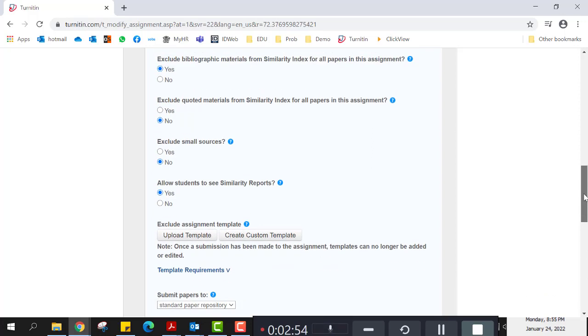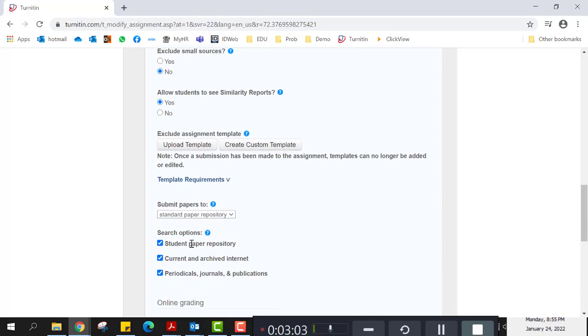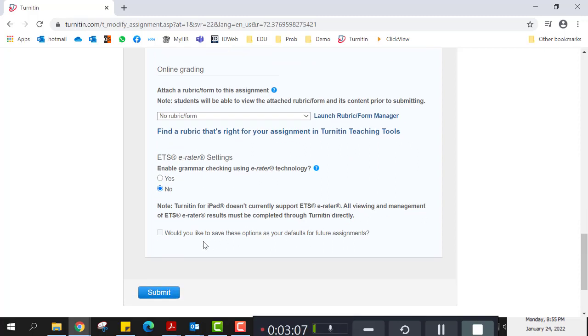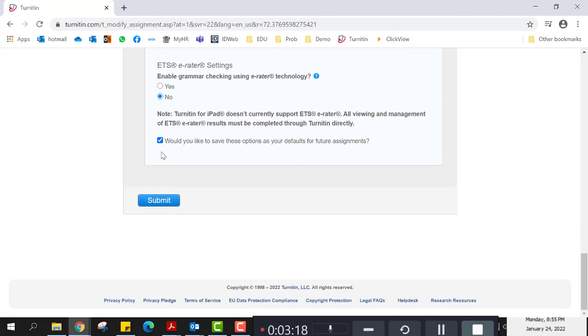The others, I think you can just leave them as the default. Make sure you allow students to see similarity reports, and the others should just be left checked. And I would click, would you like to save these options as your default for future assessments? Yes, I would click this one to save these options, so these options are saved for me in the future. Now I submit,